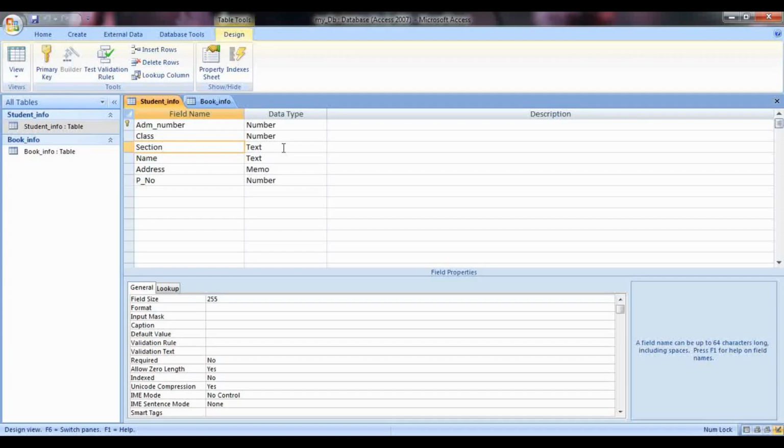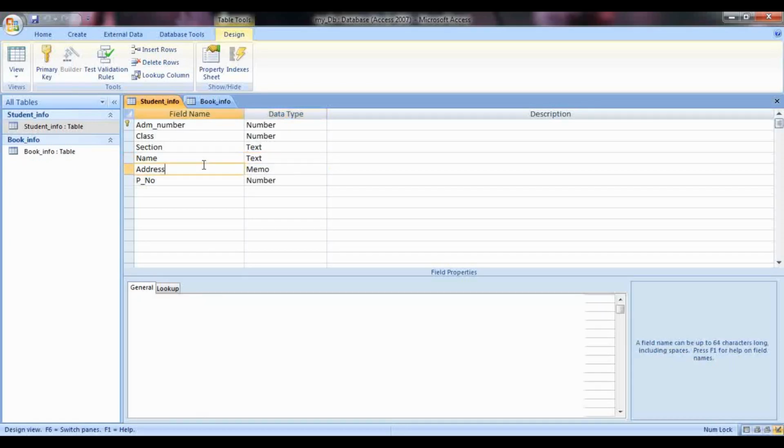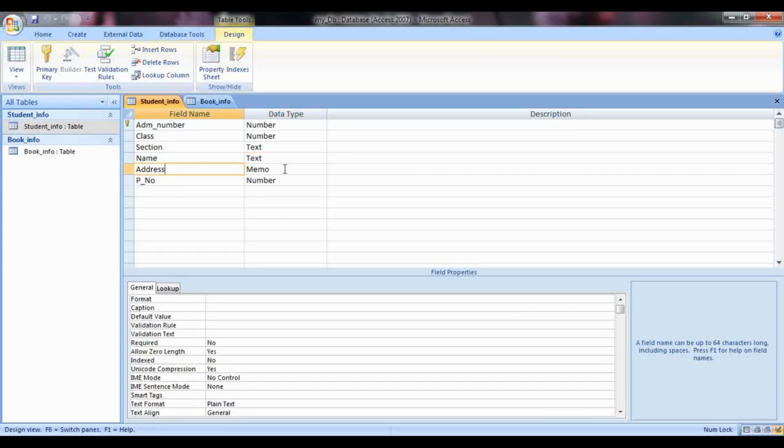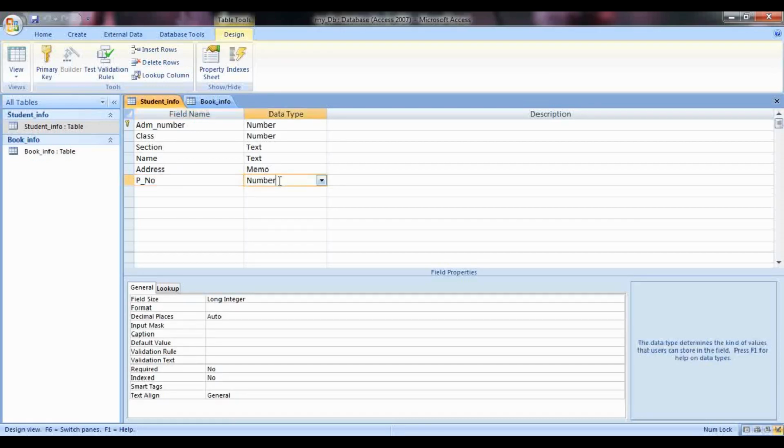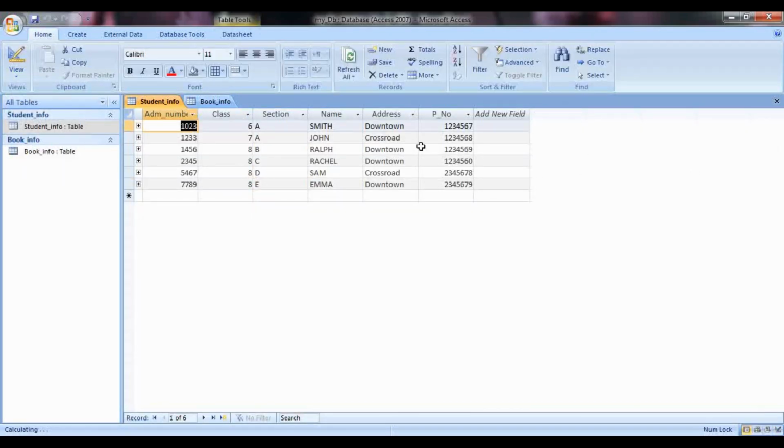For section, I have taken data type as text, then name, data type as text, address, the data type will be memo, and for phone number, the data type will be number. So this is how you will be creating your tables, student info and book info. I have entered random information in the tables. You can enter your own information and see.